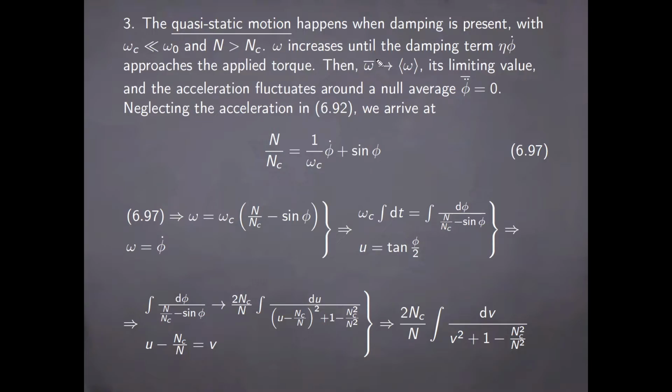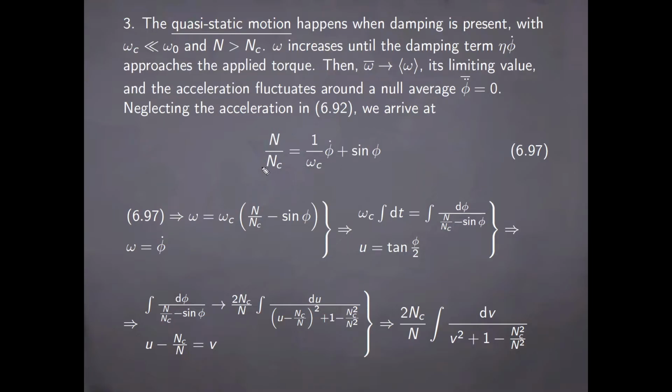Then the average of omega will approach its limiting value, which I've written in brackets, and the acceleration fluctuates around a null average. So neglecting the acceleration term in 692, we arrive at the equation of motion here, which has